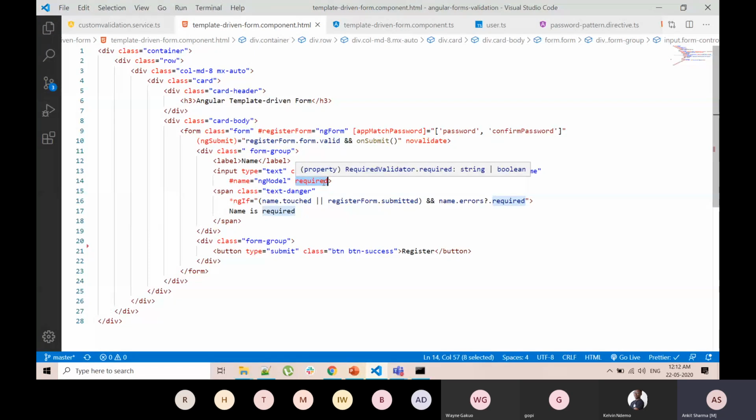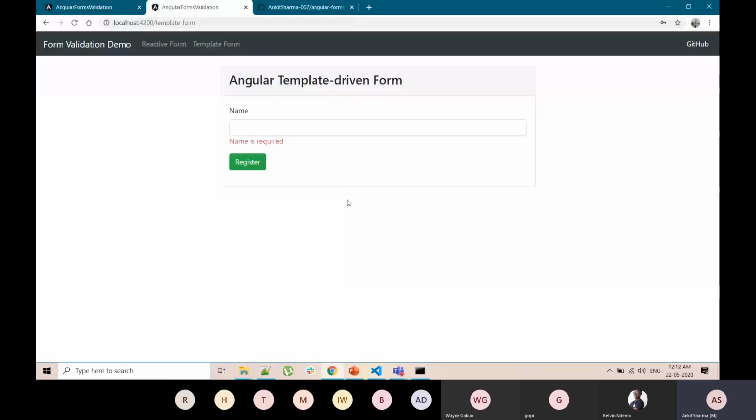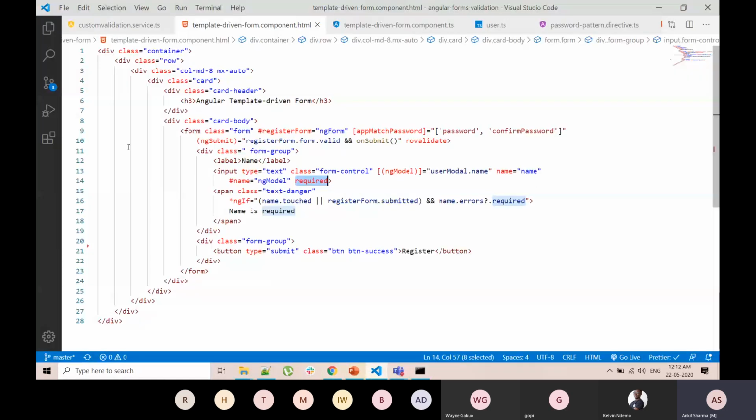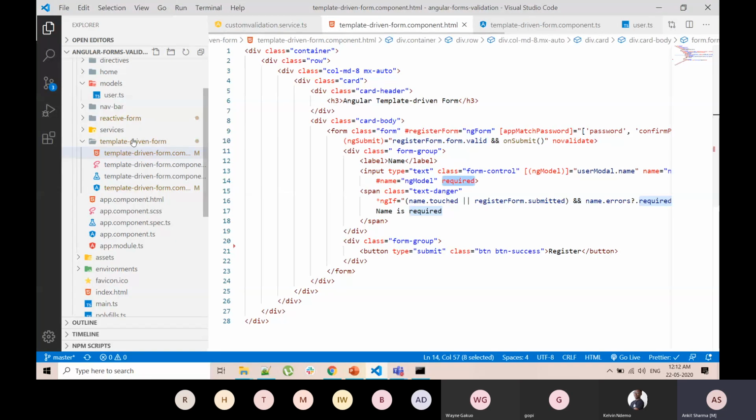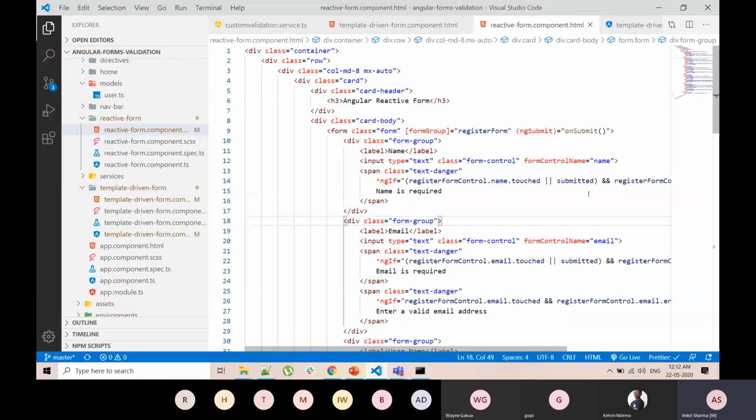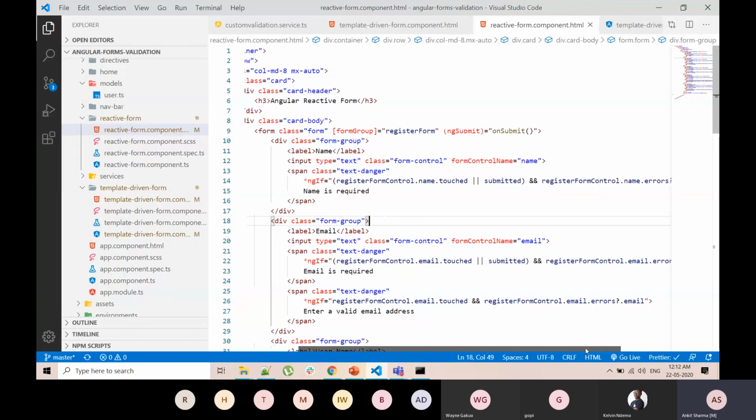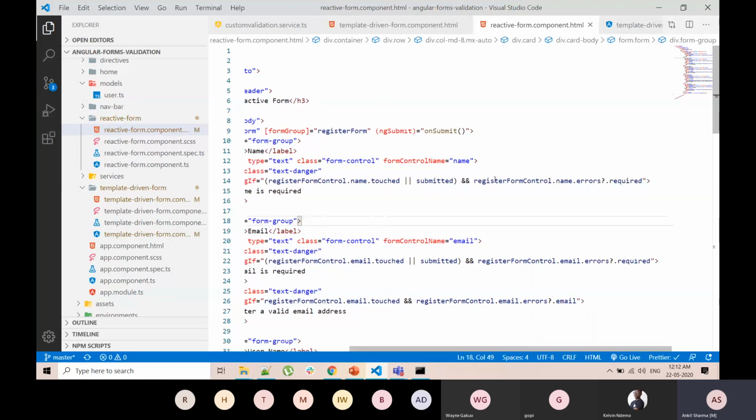So now you can see the difference between reactive forms and template driven forms. In case of reactive forms, we have put everything inside a function. So let me open the reactive forms here. Here you can see we are calling the methods like this, registerForm control, and then we are checking the required property, and this has been defined in our component.